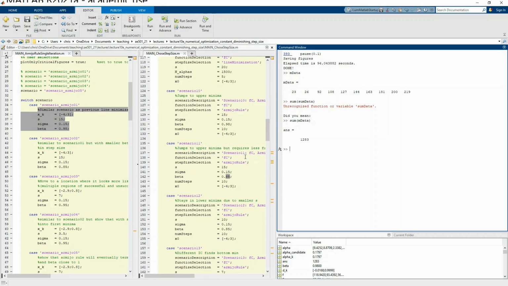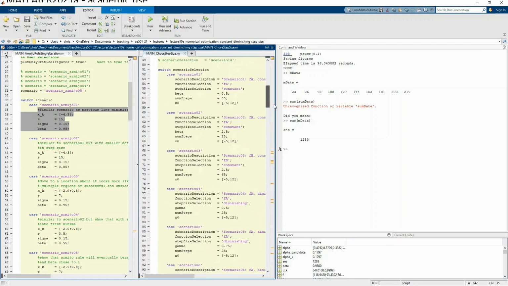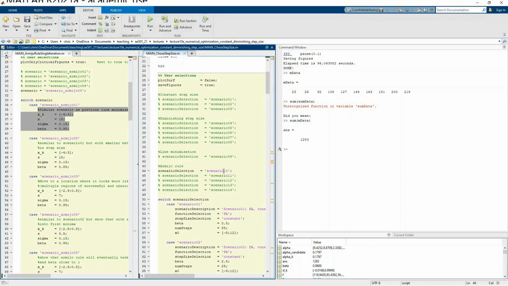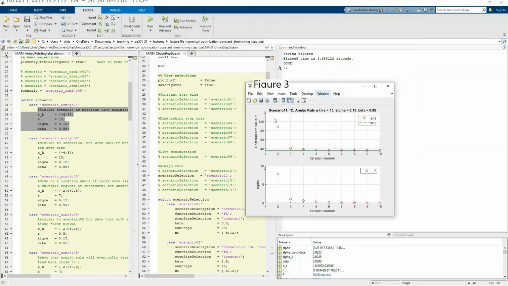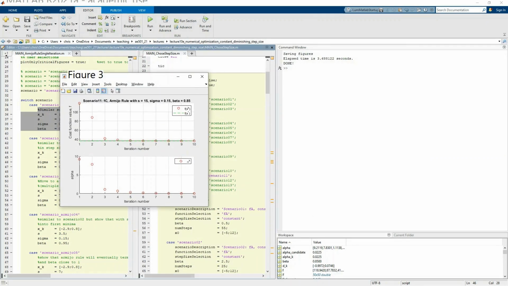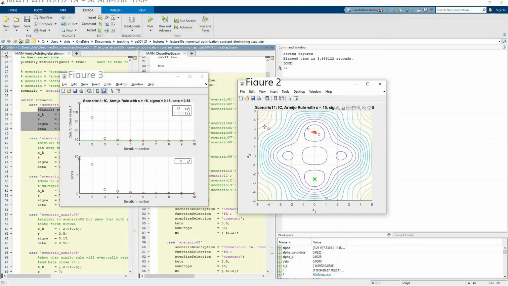So now in scenario number 11, I'm just going to see if I can reduce that number a little bit. So let me change that up here. Let's go to scenario 11, and we'll run this again. And again, let me go ahead and bring up the plot. So here's the performance. Here's what the plot looks like. So again, we see the same thing. We go from here, we jump down here, and then we jump up to the top minima. And then it's got a little bit different behavior here, but at the end of the day, it still finds